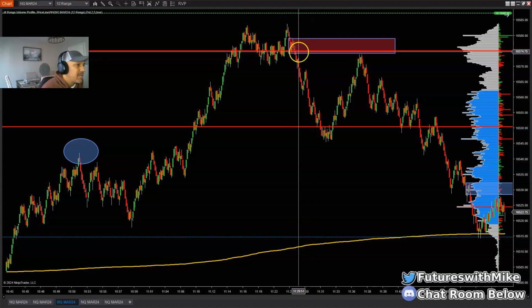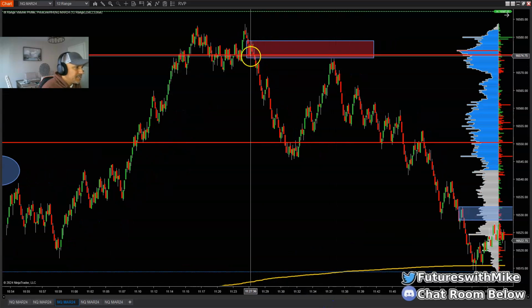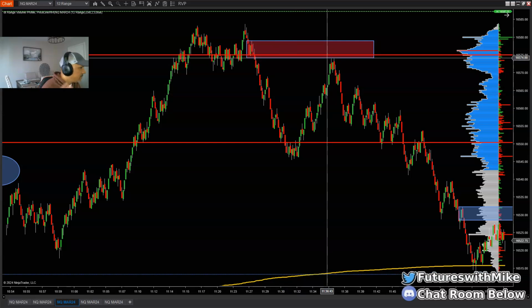Okay, this area of supply. Now there was a gap, there was a void back to this area here. As you can see, a very small one there. The market comes back there within a few ticks of tapping into it. I think it was like 2 ticks, and I told myself, if we get the rejection, I'm going short.